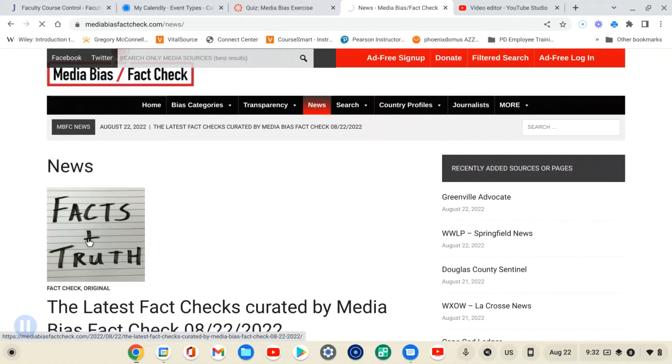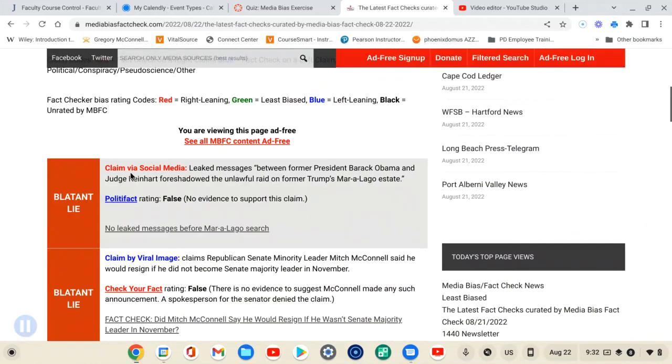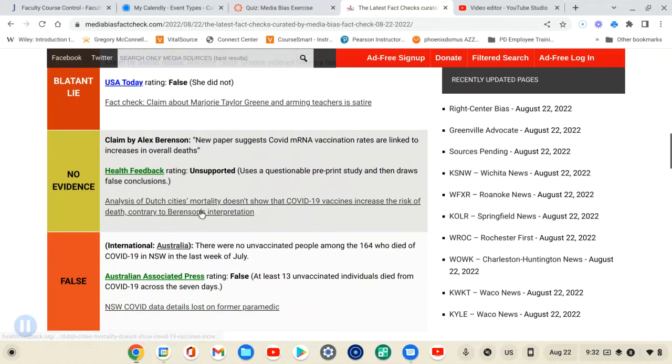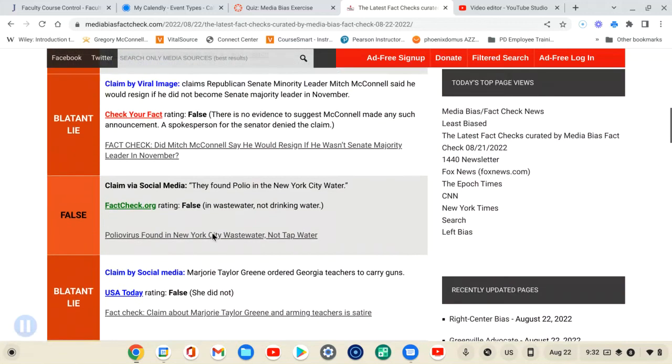Then you'll see down here that there are some different articles that they have deemed whether they are lies, that they're false, all that other stuff. So just pick a couple, pick a few from here. So here's one,